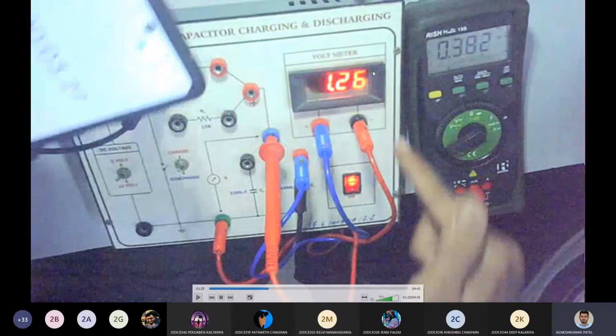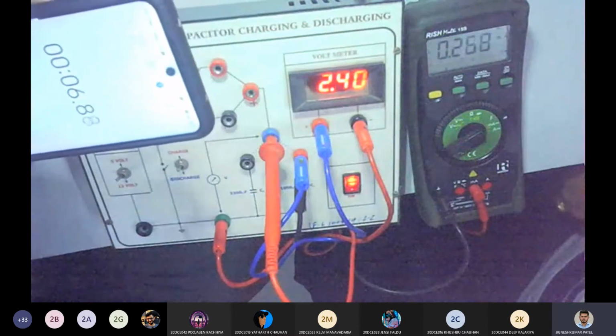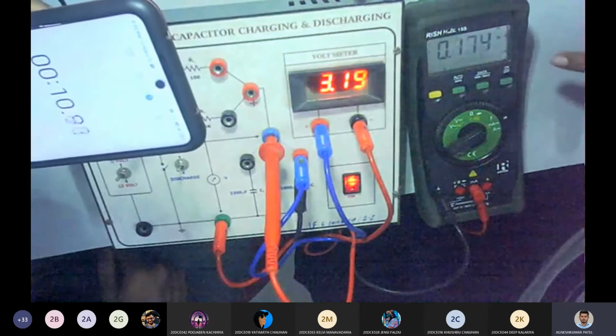While you charge, your voltage will increase and your current will decrease. So look at that too. Don't look at the stopwatch right now. Time will keep on going. But what we are interested in is these two. I'll directly share the reading, so the stopwatch is not at all required. Your voltage is increasing. You require to take a reading every 5 seconds or 10 seconds. You require to continuously take these readings.